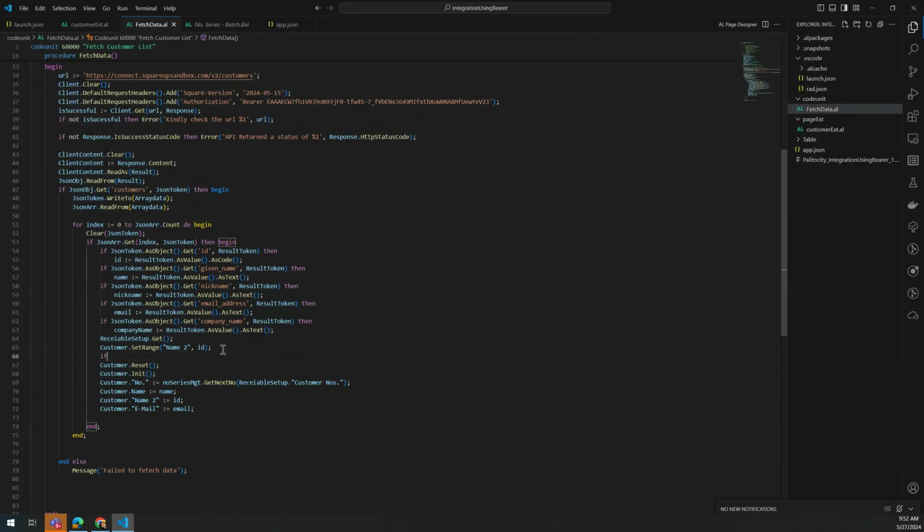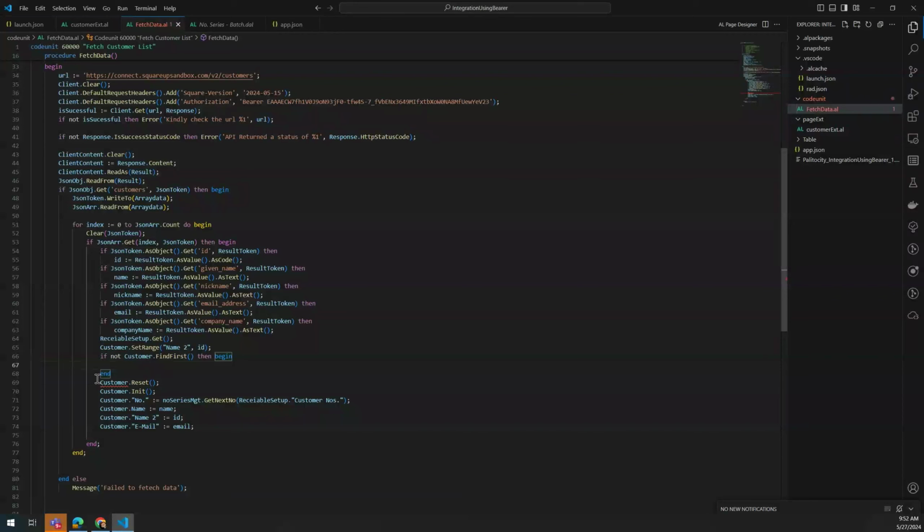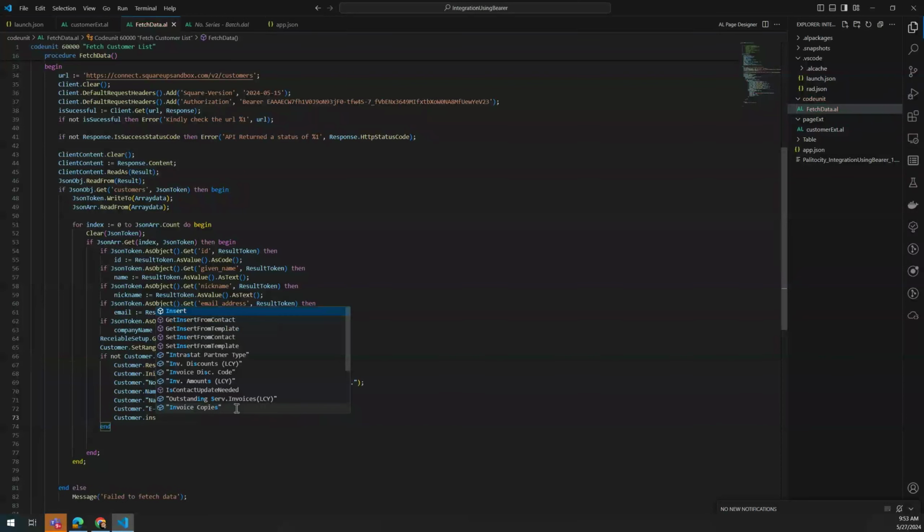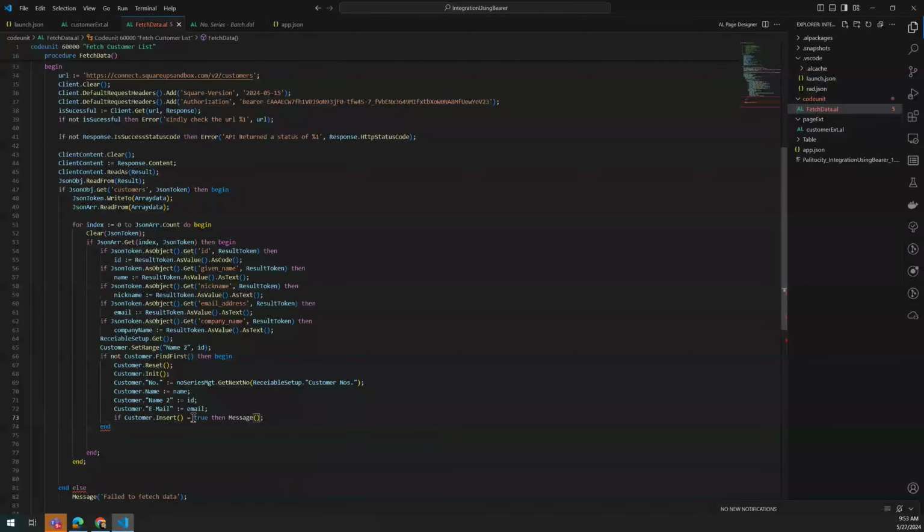Then I want to now say if not customer dot find first, then begin end. So I want it to create a new record if it doesn't exist, right, which is this that we did. So I can say customer dot insert. So I can say if dot insert equals true, then I can just go ahead and say